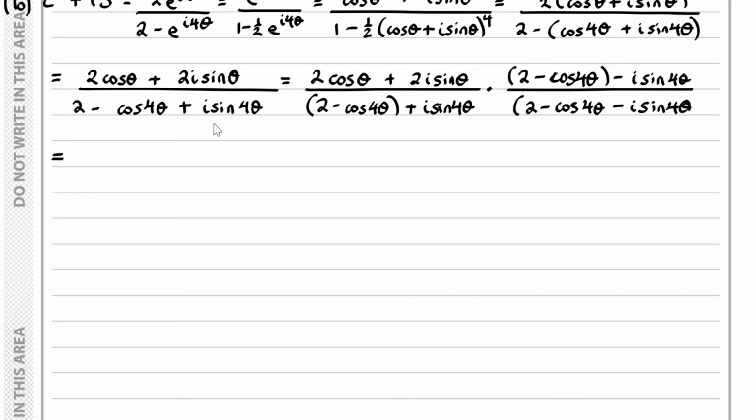Here we have to do a lot of expanding. 2 cos theta times 2, that's 4 cos theta. 2 cos theta times minus cos 4 theta, that's minus 2 cos theta cos 4 theta, and then 2 cos theta times minus i sine 4 theta, that's minus 2i